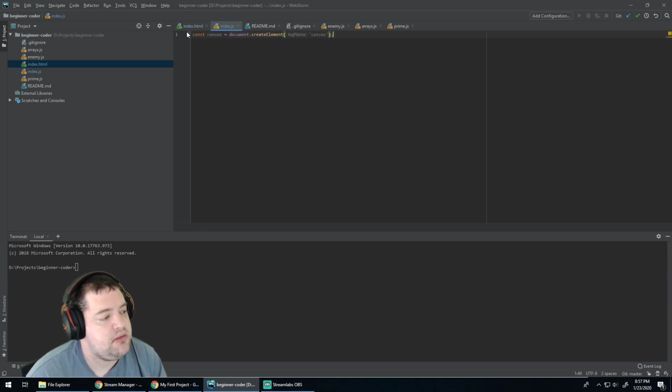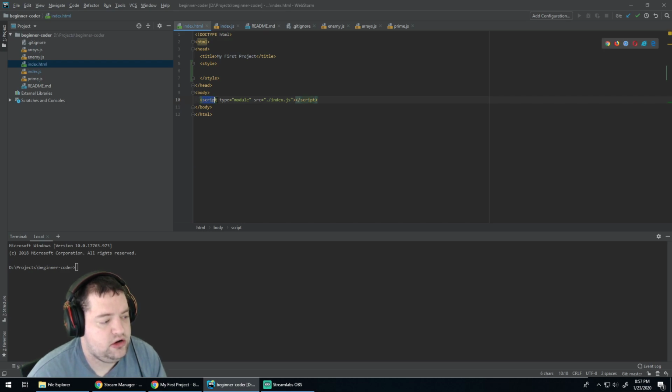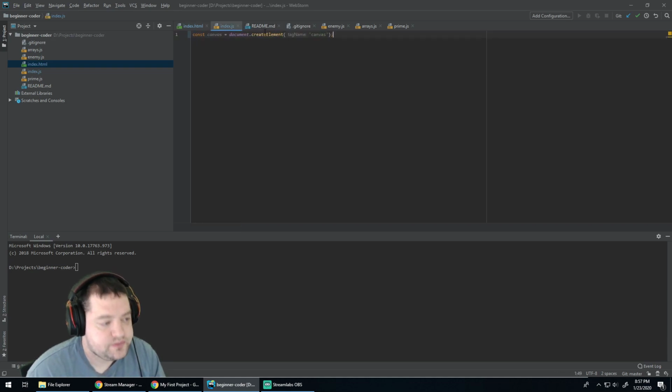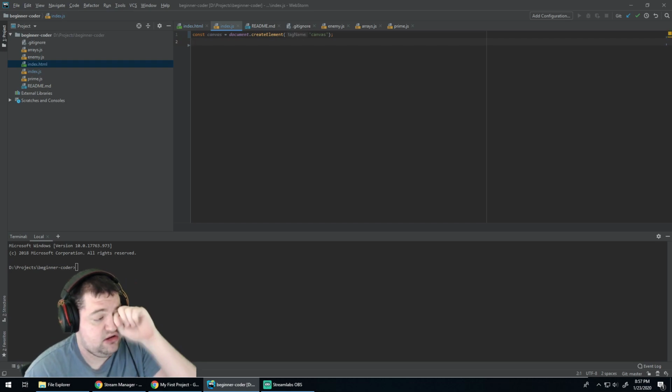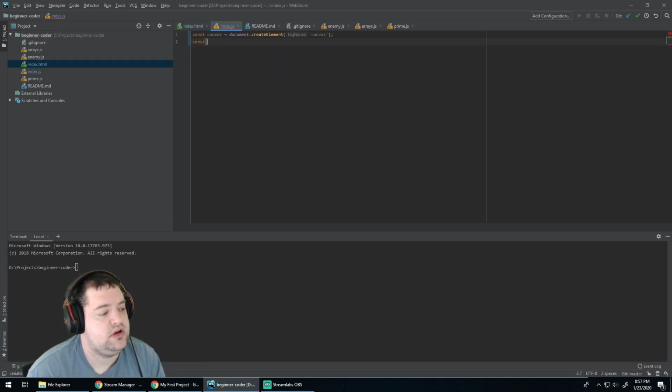And the tag name is the word that's inside the angle brackets. So body or script or title or style or whatever. So create canvas. That's going to create a canvas element. It's not going to put it anywhere yet. But then what I'm going to do is